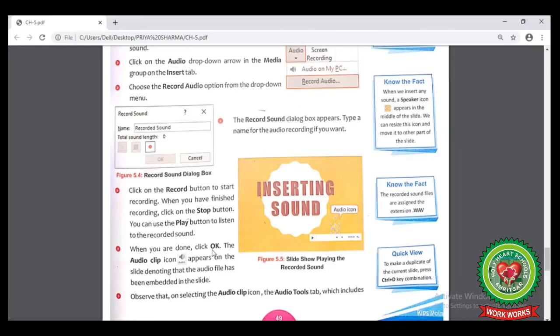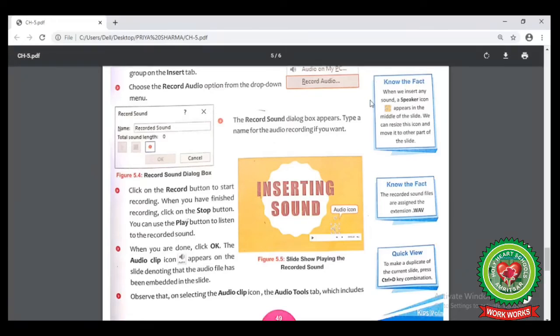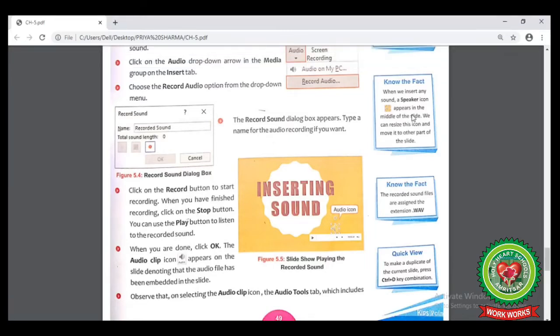Now look at the side questions of page number 49. Here you can see in the second Know the Fact box, when we insert any sound, a speaker icon will appear on the slide that we have already seen practically. We can also resize the icon and move it to another part of the slide.